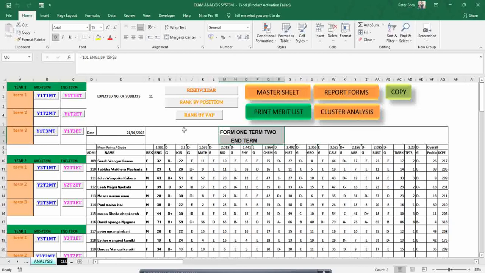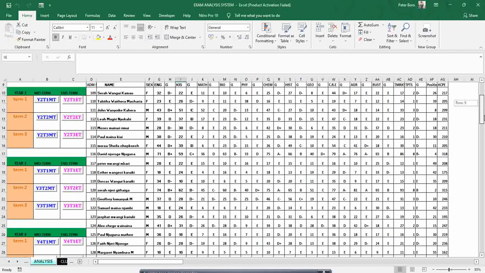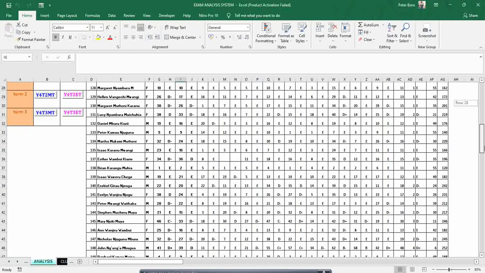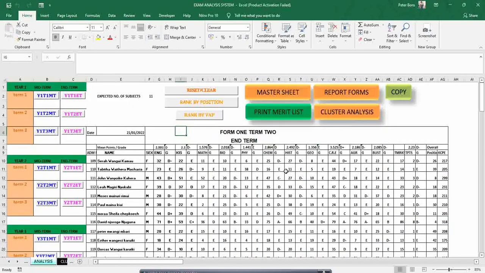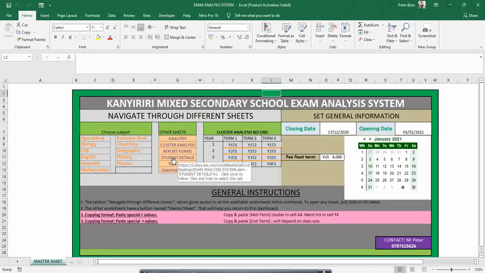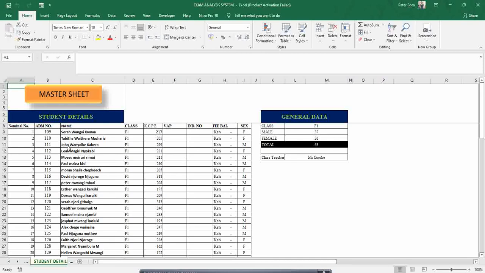So it's okay. By default, this list is the merit list. This merit list appears in the format that the students have been listed in the student details. We can go back slightly to the master sheet and click here, student details. So this is a list of all the students in that class. You have the nominal number, admission, the name, class, KCPE, fee balance and sex. VAP and index number, I've left them blank for now